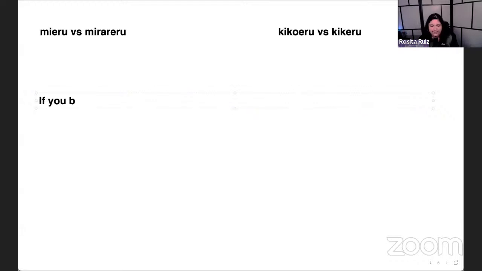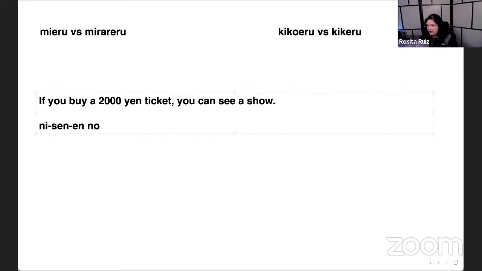If you buy a 2,000 yen ticket, you can see a show. 2,000円のチケットを買えばショーが見られます。2,000円のチケットを買えばショーが見られます。